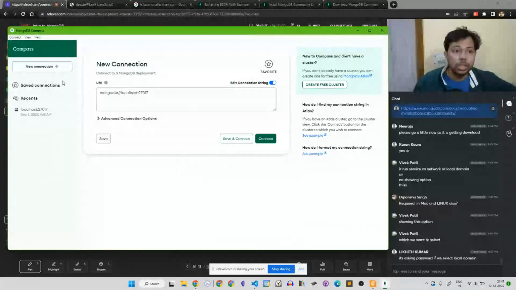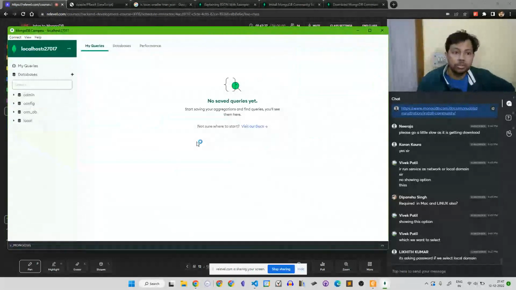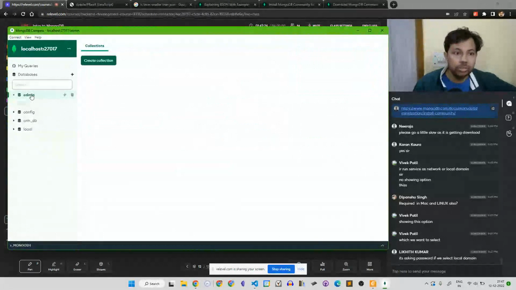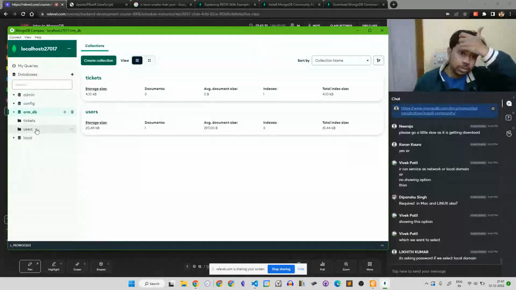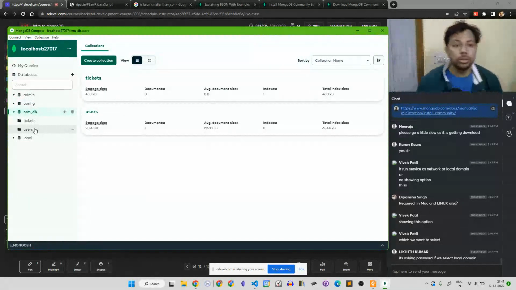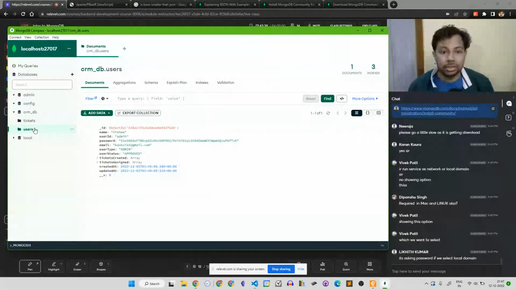So you can just connect to this, and once you connect, it has a bunch of databases. In these databases, we can create collections, and each collection will have some data.